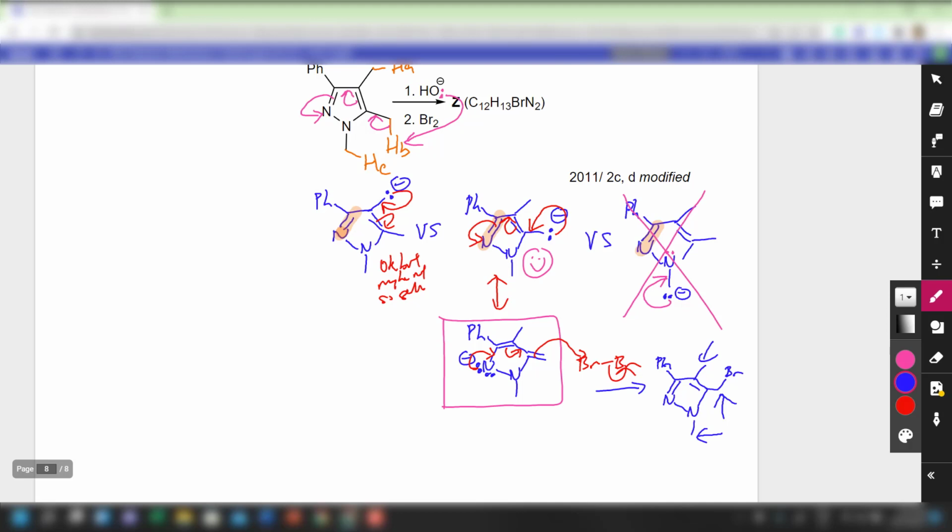Over here we have 3, so 5 plus 3 is 8. 8 plus 5 in the phenyl ring is 13, so the number of hydrogen matches. What about carbon? In the 5-membered ring there are 3 carbons, plus the 6 carbons in the phenyl ring, so that's 9. And then in the side chain, I have 3, so 9 plus 3 is 12. Yep, so this will be the answer,